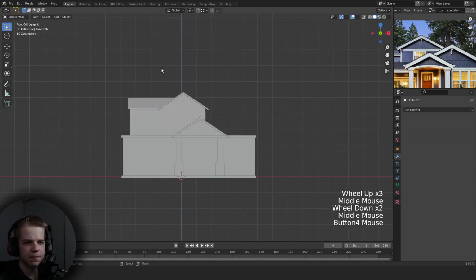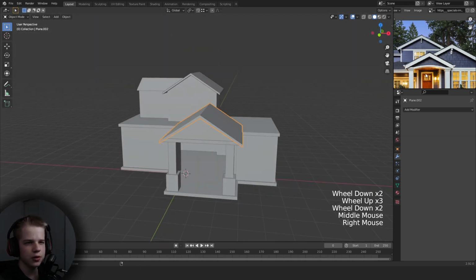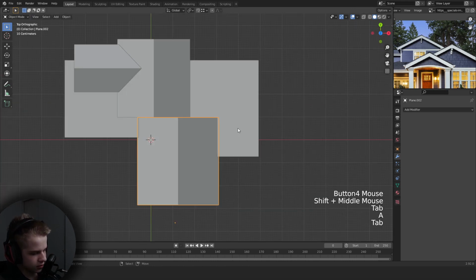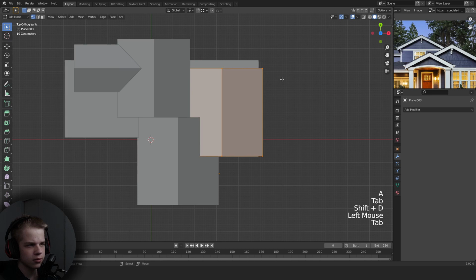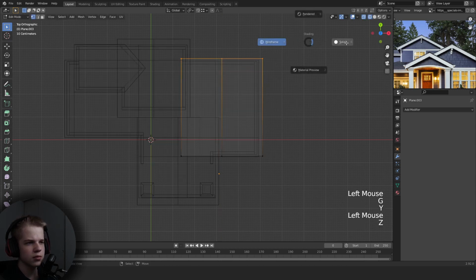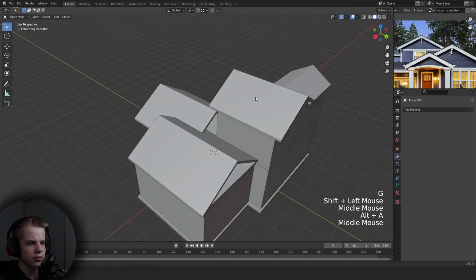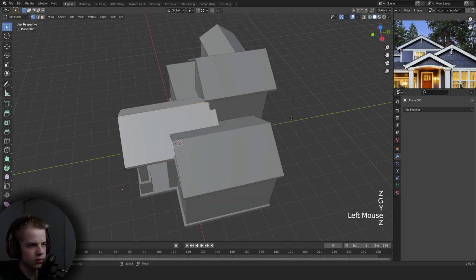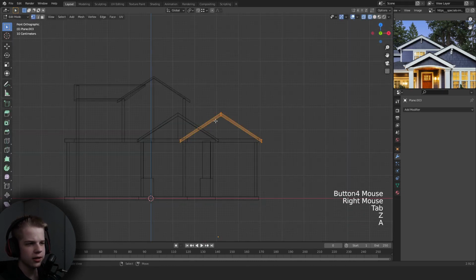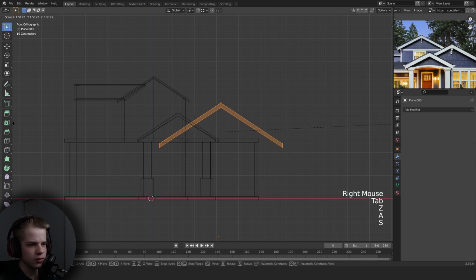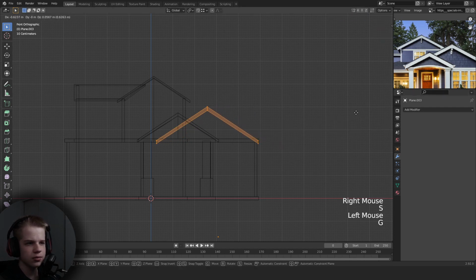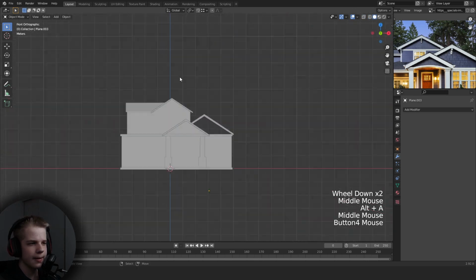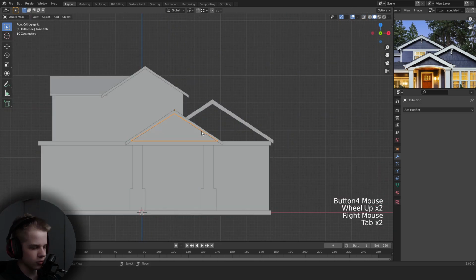Okay, so then next thing we're going to do the exact same thing for this side. So we go duplicate this, so like here, and then I'm just going to scale this up and drag it up like this. Okay, and then we're going to do the same. We're going to duplicate this one,